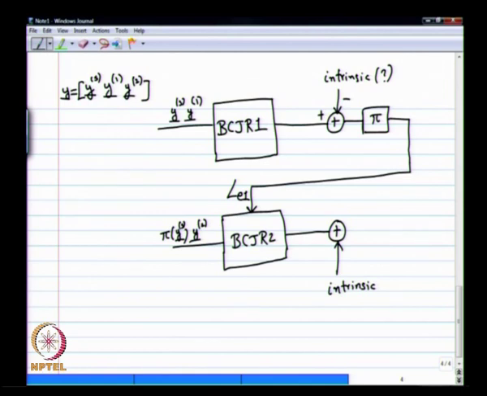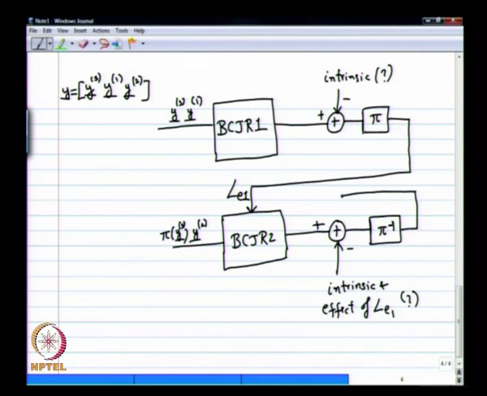You subtract the intrinsic and the effect of LE1. How do you do this? We don't know yet; we'll see that. And then you have to do a pi inverse, since this is something that has to be inverted. And then what do you do? You pass this back to